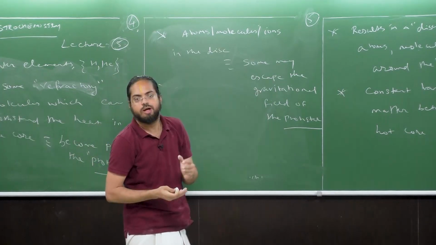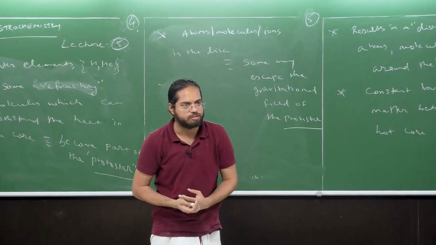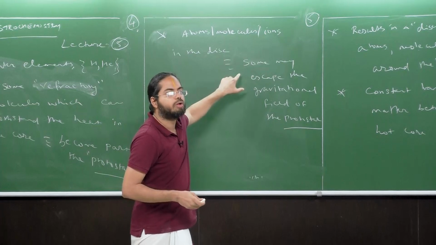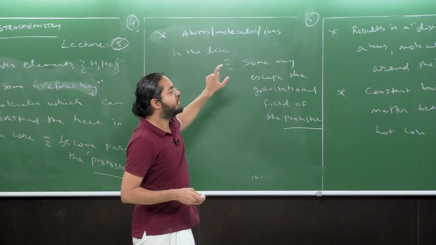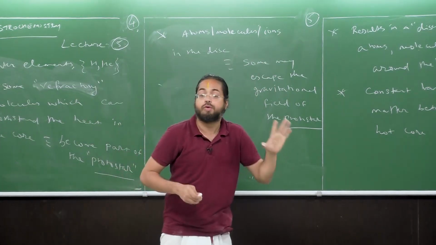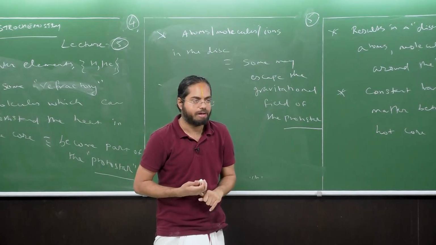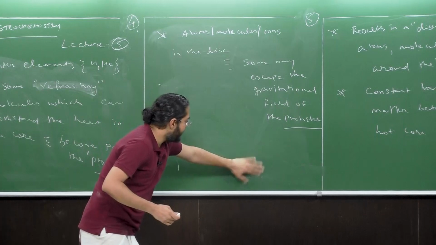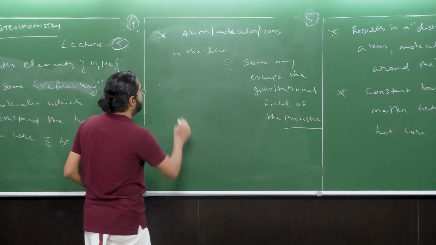This results in the formation of a lot of celestial bodies. Okay, right? This is a very important event. This is a very important celestial event which has tremendous implications for the formation of life itself. Okay, right? So what happens to these molecules and ions? They escape such that